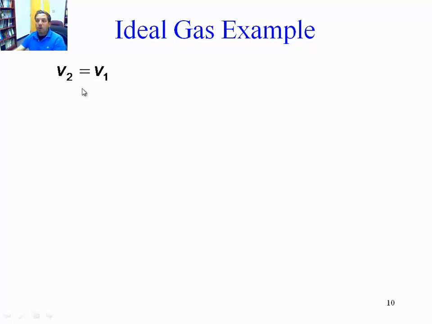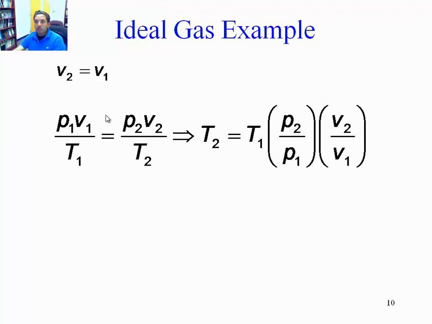So what do we know about state 2? Well, we know that the volume in 2 is equal to volume in 1. We were told that this is an isometric process, a constant volume process. Since we know the volume and we know the pressure is now equal to 4 bar, we can calculate the temperature. We can do that through the equation of state. We can say P2V2 equals RT2, it will be exactly the same thing. Now that we know P2 is equal to 4 bar, and V2 is equal to that V1 that we just calculated, we can solve for T2 directly from state 2.